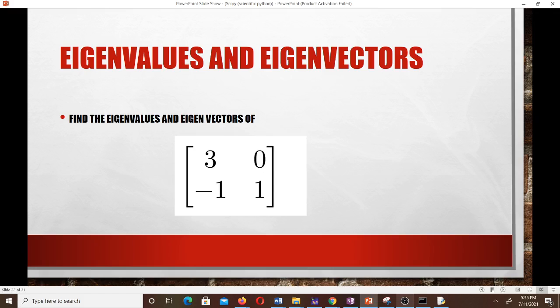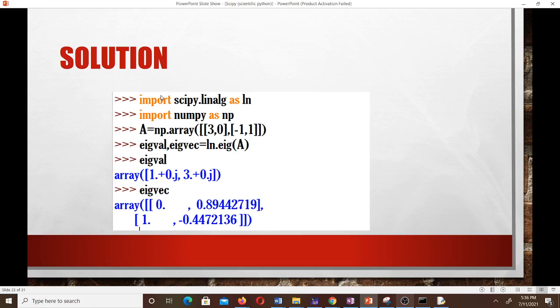Okay, so now how to find eigenvalues and eigenvectors. So to find eigenvalues and eigenvectors, we are going to illustrate it using this matrix here, 3, 0, minus 1, 1. So to find the eigenvalues and eigenvectors, we import scipy.linalg as ln, then we import numpy as np, right? So A is equal to the matrix that we had, which was 3, 0, minus 1, 1, that you can see here. Then we are going to do multiple assignment here. So eigval and eigvec. So the eigval is going to store the eigenvalues, and the eigvec is going to store the eigenvectors, and this is equal to ln.eig of A, right? So when you do this, and you should call